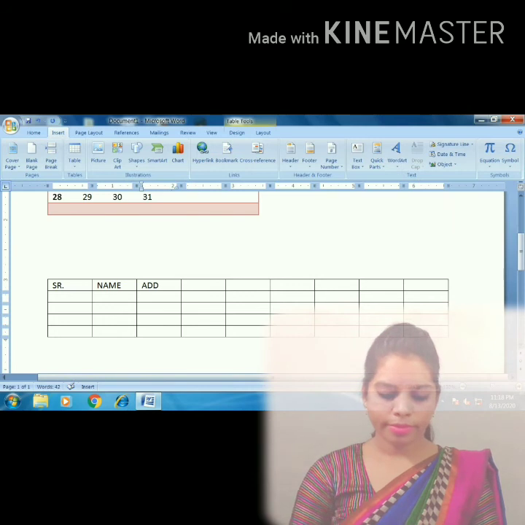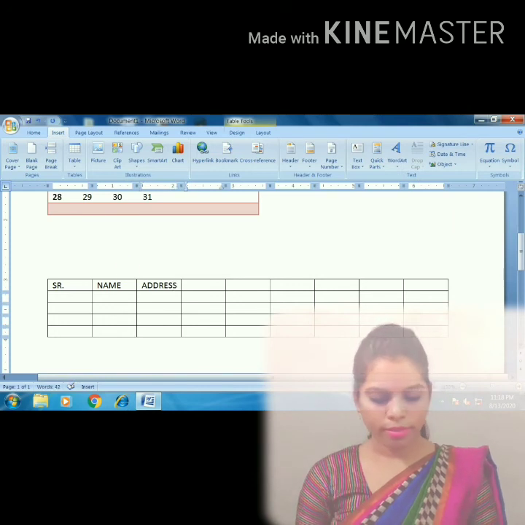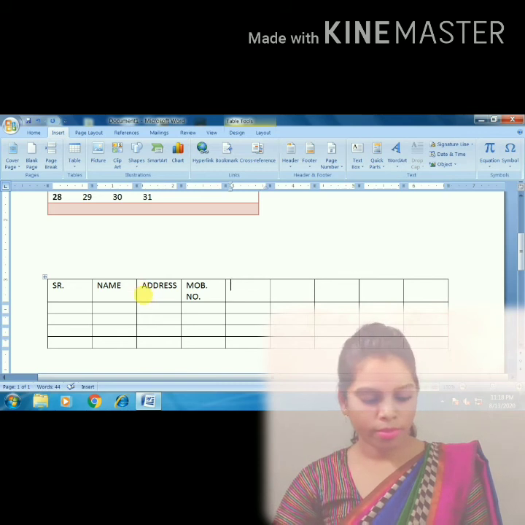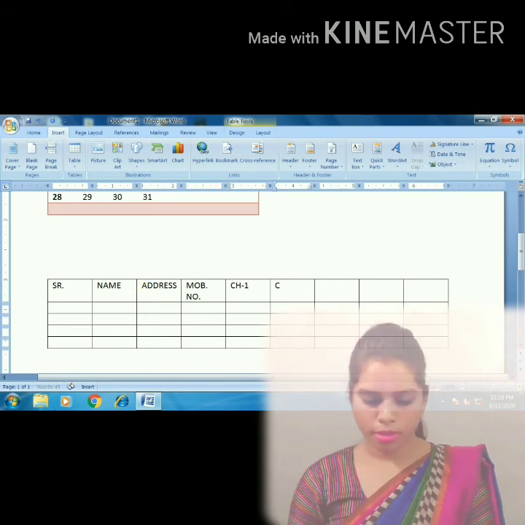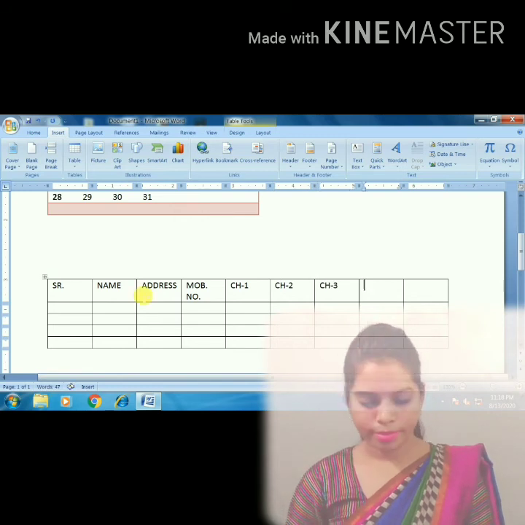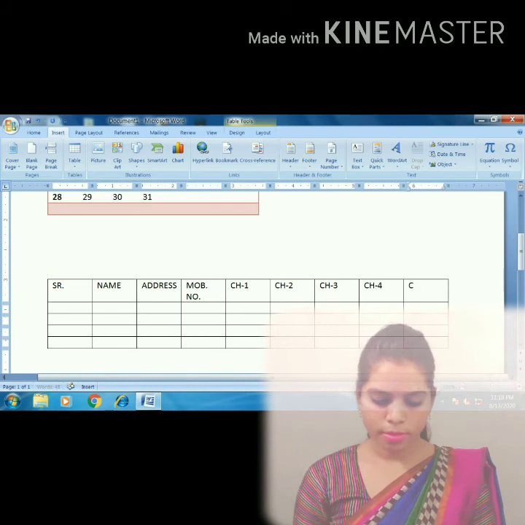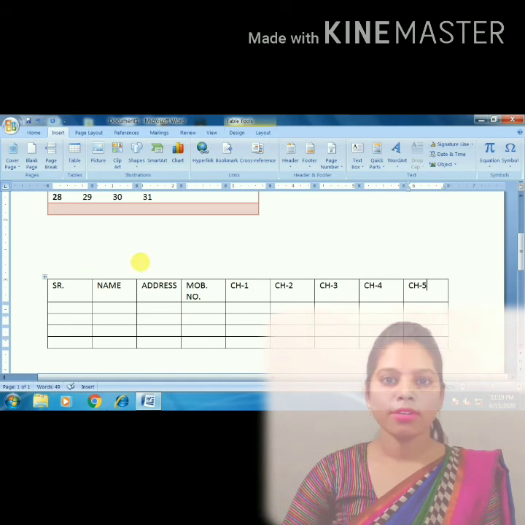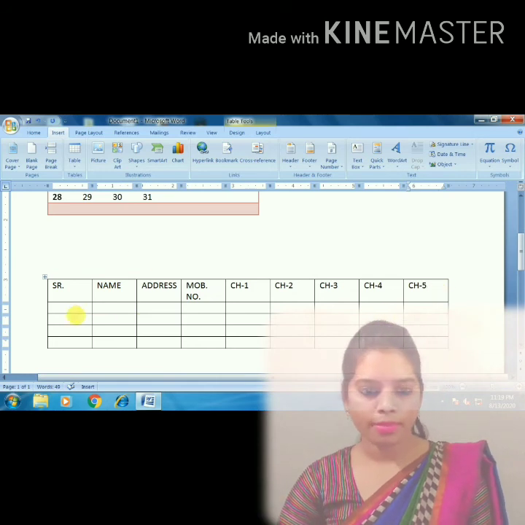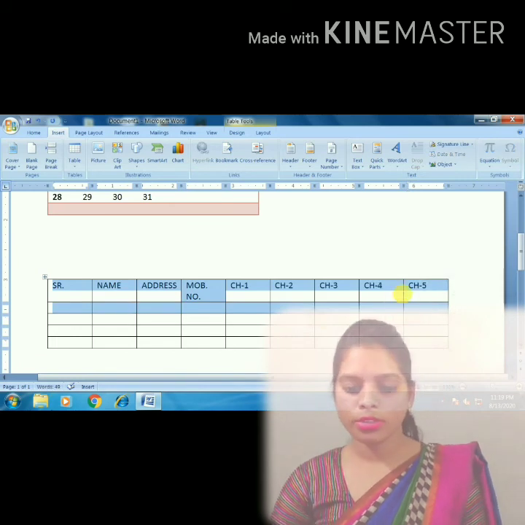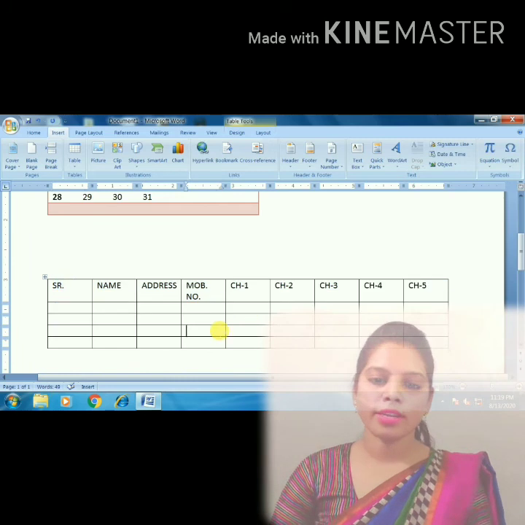After then, just a minute. See, we can insert the data into the cell like this.